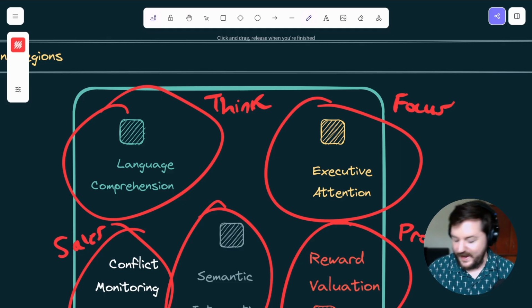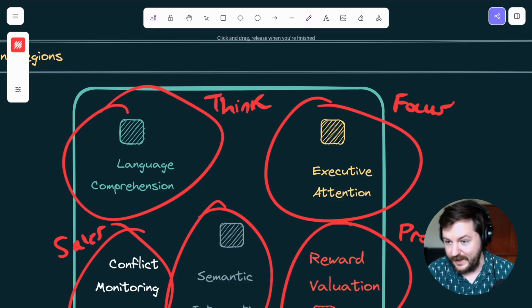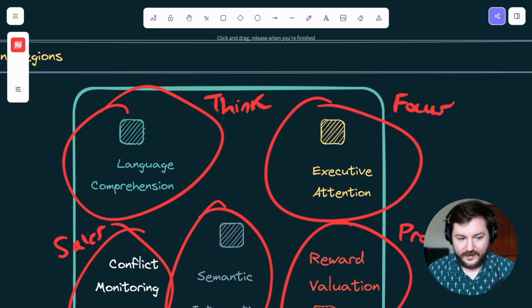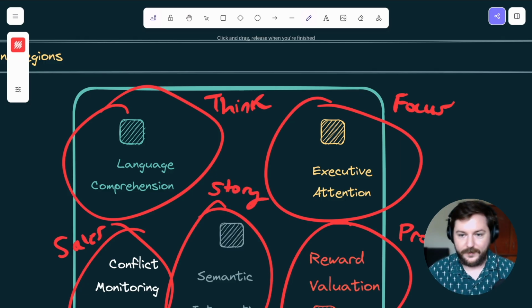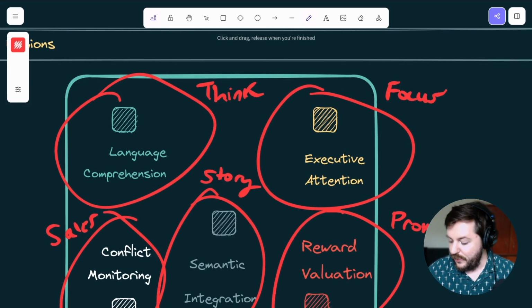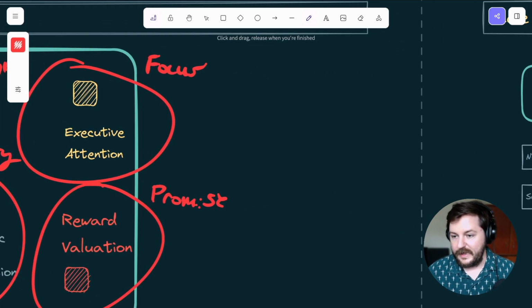And then semantic integration. So like narrative coherence, right? Is the thing Edward Chalupa said at the beginning of this video, does that make sense by the time we land at the end of this video? I sure hope so. So let's just say story. I like story. Story's a fun way of interpreting that. So when we take these 5 parts of the brain and we put them all together, we create data sets around them. We can then inference a lot of that data by using a large language model.